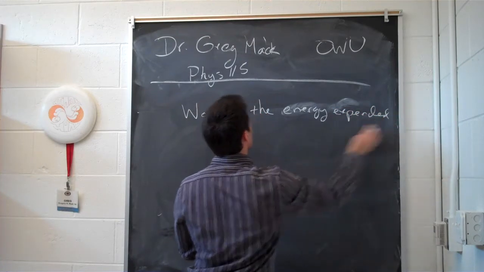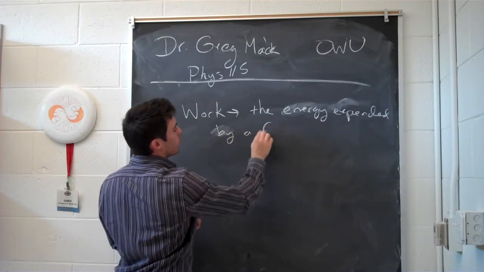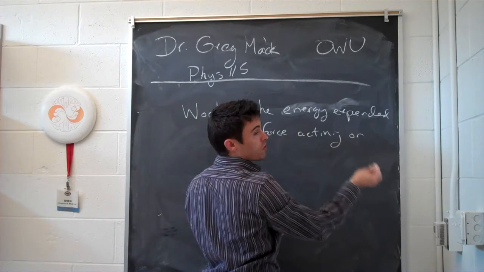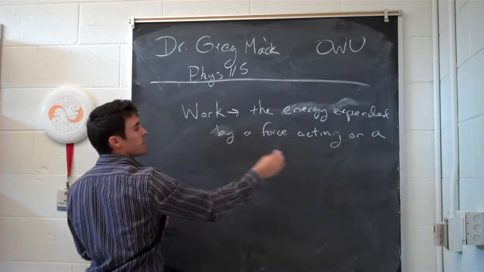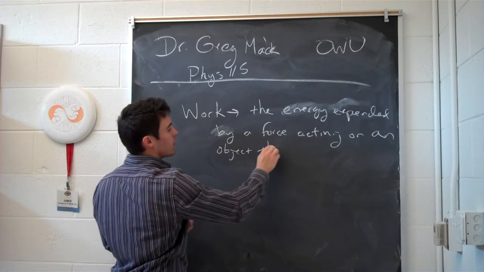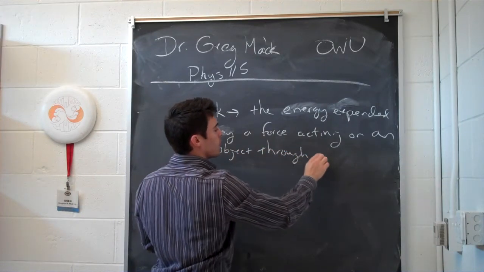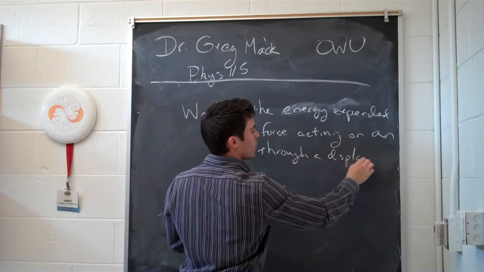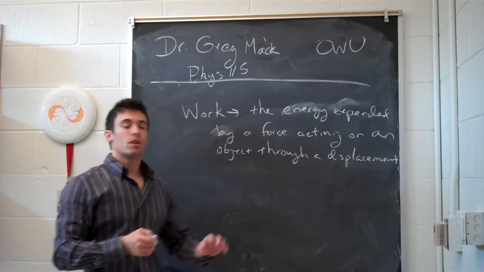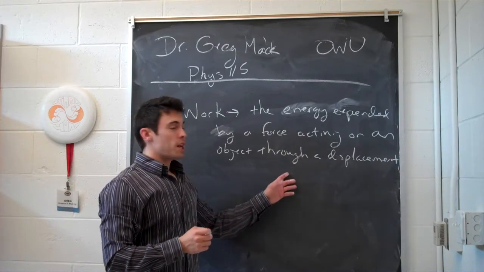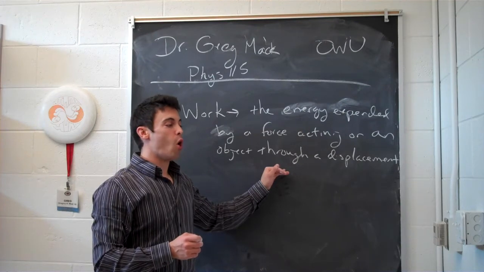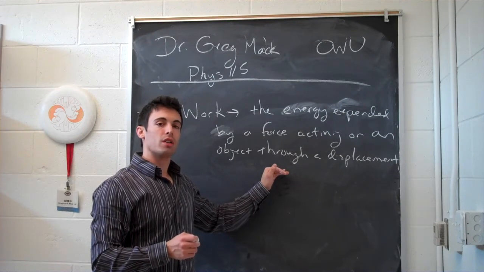The energy expended by a force acting on an object through a distance, through a specific displacement, acting on an object through a displacement. And the tricky thing about work and this definition is that only the force directed along the axis